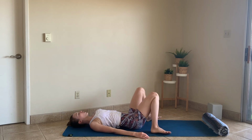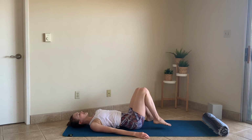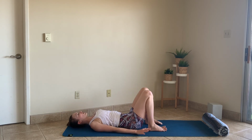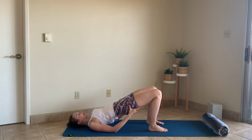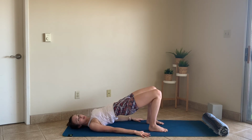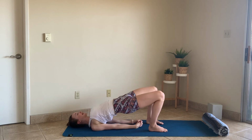And let's take this one more time. I'm going to give you an option or two. Bring the feet hip distance apart. Press the palms by your sides, toes stay forward. Use the legs to help press and lift. You can stay with the palms pressing down or take the hands, interlace them underneath the tailbone, and lift up